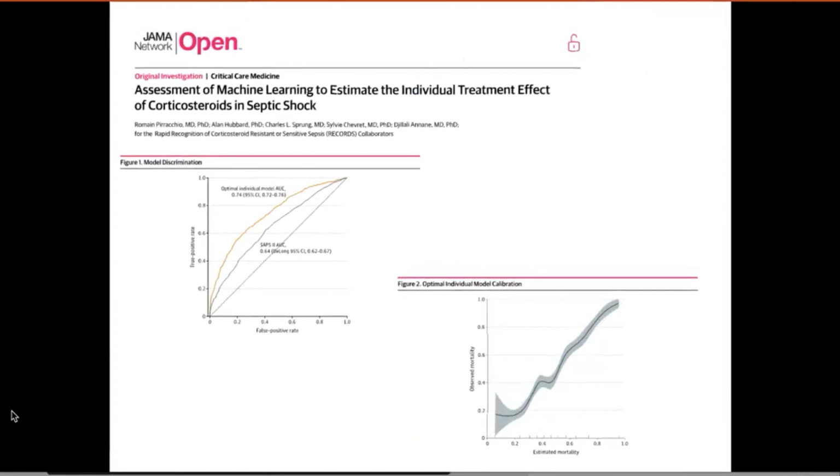So we used the individual patient data and we trained the super learner to learn from the individual treatment effect. The way we did that was using a two-step approach where we basically trained the super learner to learn from the outcome based on covariates and treatment. And then in a second step, we manipulated this super learner fit by intervening on the treatment, setting the treatment to the counterfactual treatment for each one of the patients.